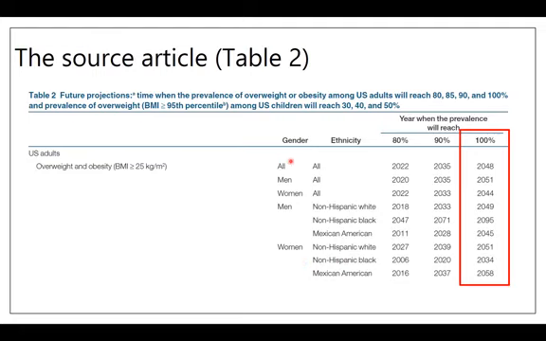And if you want to flashpoint the internal inconsistency, it's right here. This is their source article, Table 2. It says 2048, everybody is in the category overweight obese. The men in the group, not till 2051. The women, 2044. So what's happening here is the 2048 is the midpoint of the average based on